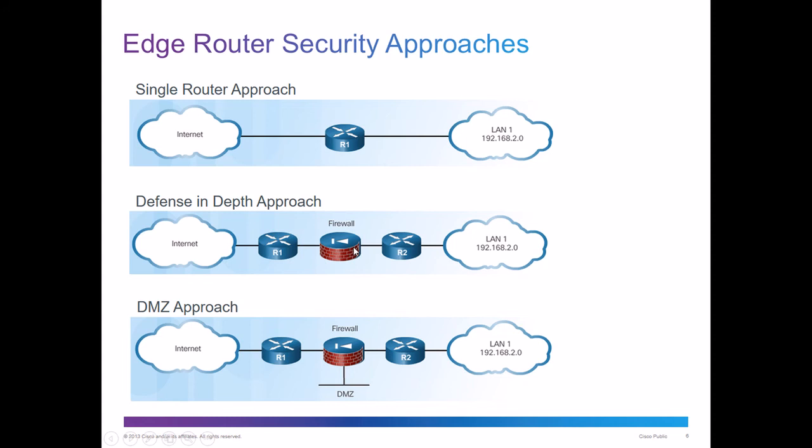This is another way of doing it where you can have a firewall right between 2 routers. So data coming from the internet will go through router 1, filtered, then it goes through the firewall to make sure they are permitted to go into your network, and then the router 2 will route you to your final